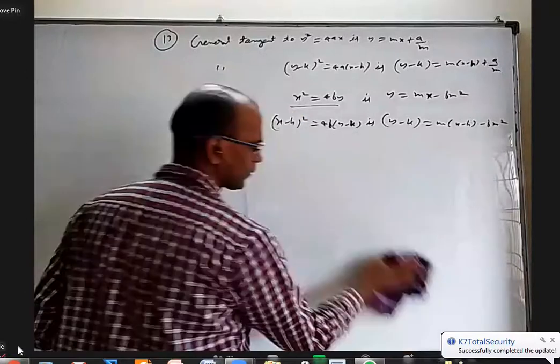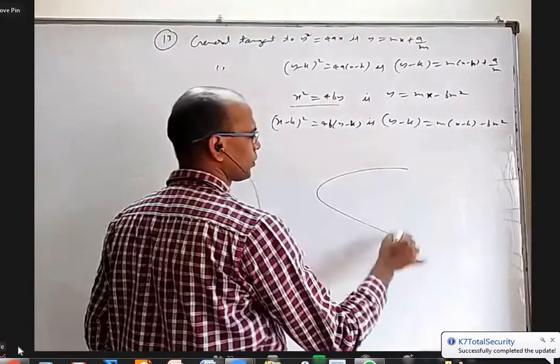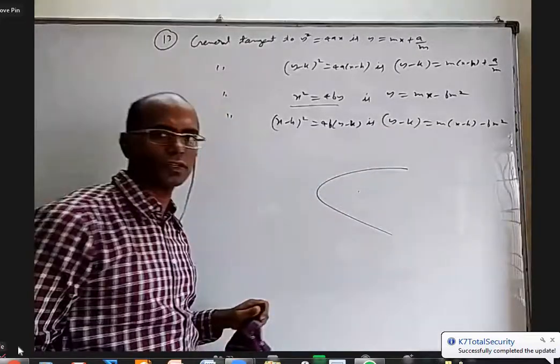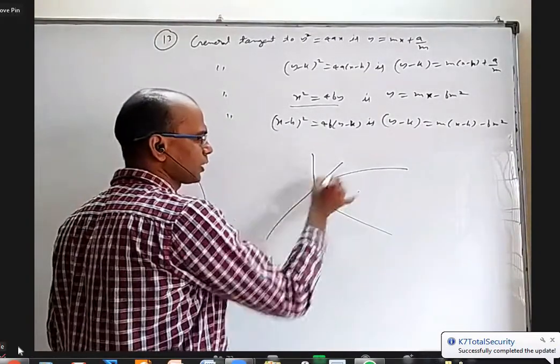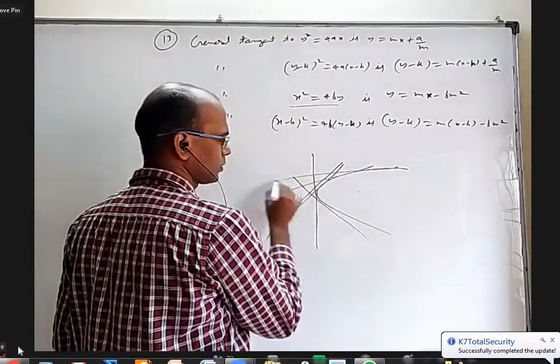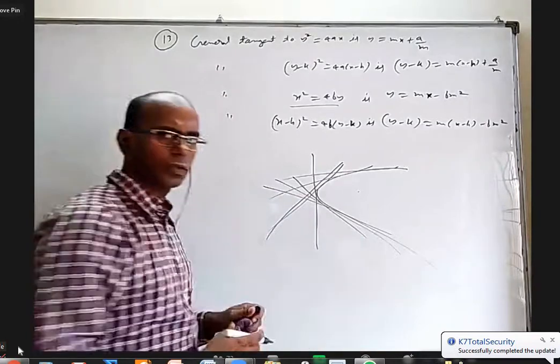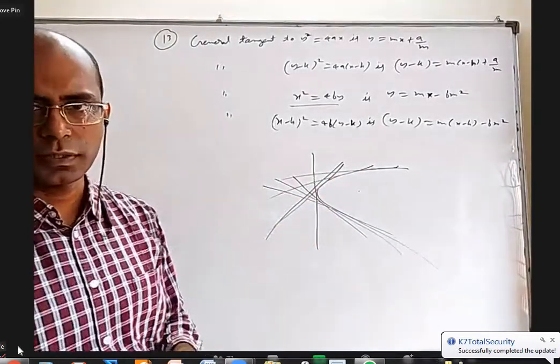Sir, if the point is inside the parabola, can we draw? No, you cannot draw a tangent. If you take a point inside the parabola, we cannot draw any tangent to the parabola. Because if you actually draw the tangents to the parabola nicely, like this, like this, like this, they only cover the outside region. Nothing passes through a point inside, right?